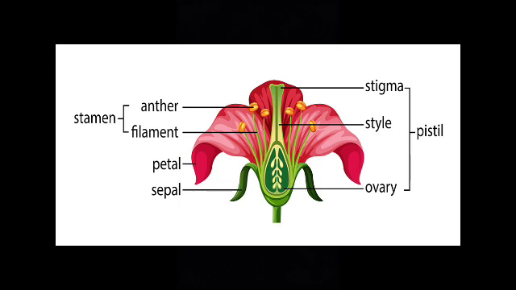When selecting flowers to study, avoid using cryptothenium, marigold, or sunflower. You will study in higher classes that they are not single flowers but groups of flowers. Activity 10. Take one bud and two fresh flowers, each of any of the following: mustard, lady's finger, datura, china rose, brinjal, gurhal. Also take a blade, a glass slide, or a sheet of paper, a magnifying glass, and water.